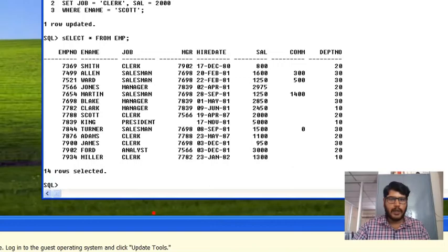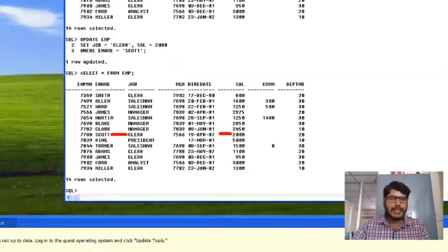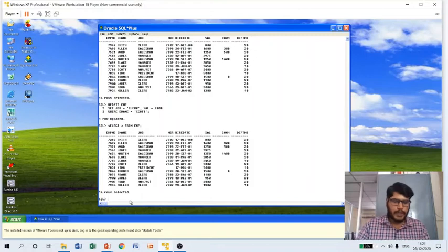Let me zoom in. So you can observe Scott's job profile has been changed to clerk. Previously it was analyst, and also salary has been updated as 2000. Previously it was 3000. So this is how we can update the existing record. So now let me save this by using a commit command.